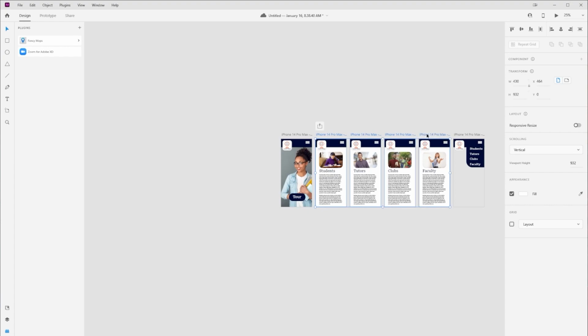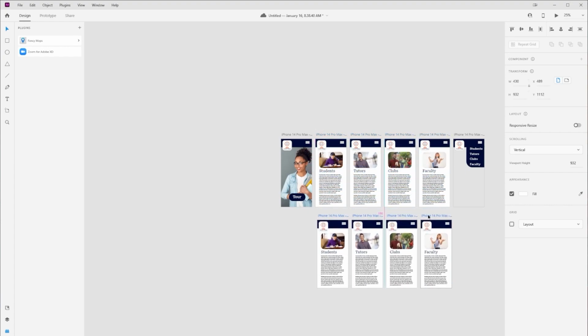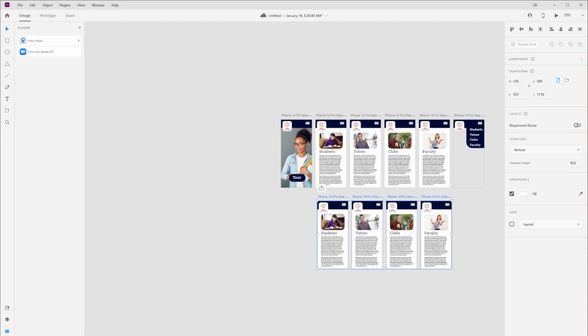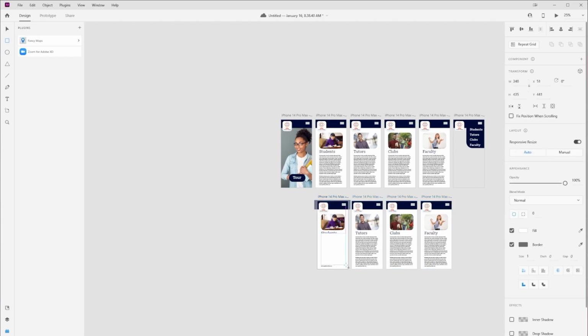I'm going to use that same trick we did before with the Alt and drag it down. All right, so this is going to be my tour. Now on this tour, what I would do is add something about each of these pages, and maybe I would just do it in a little pop-up box. Now I'm not going to go through and do all that. I'm just going to put a simple mock-up here for a pop-up box.